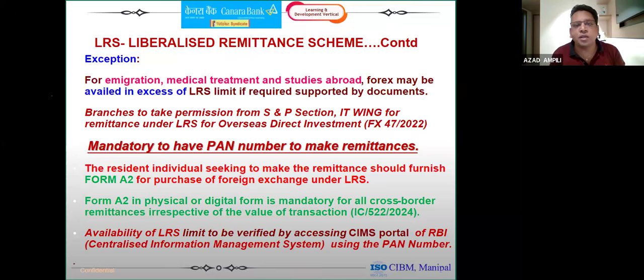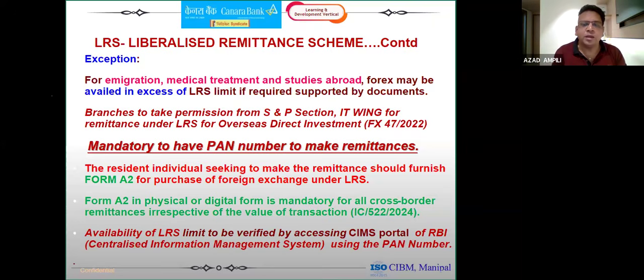But from another bank, he would have sent 250,000. He's coming to you to send another 250,000. For that, we have the SIMS package, the RBI package. Availability of LRS limit is to be verified by accessing the SIMS portal. ROs, COs and GTPC all have this login, and you have to cross-check with them before sending any